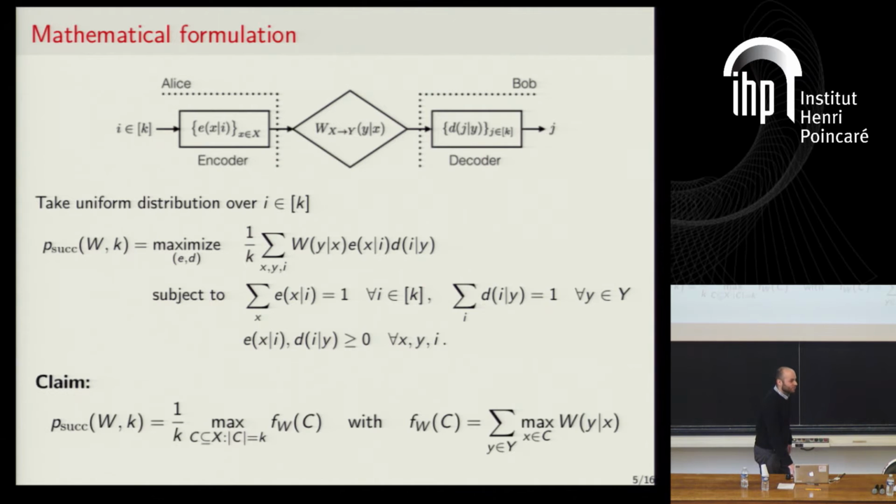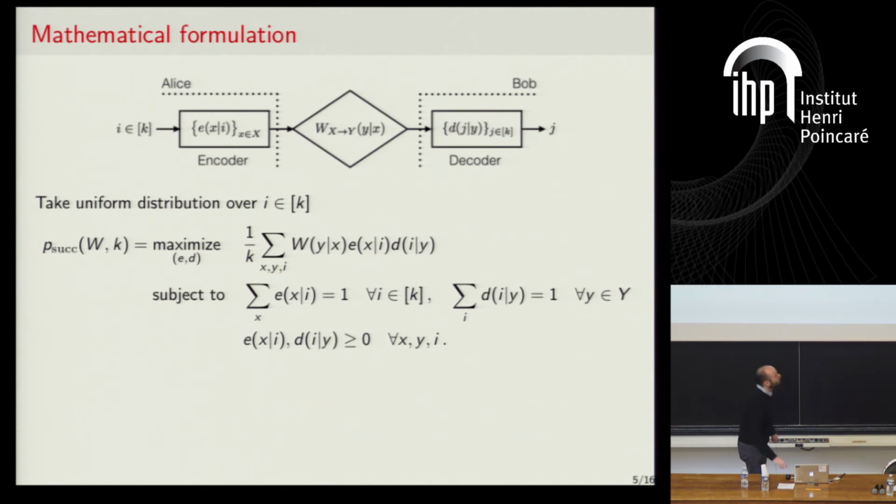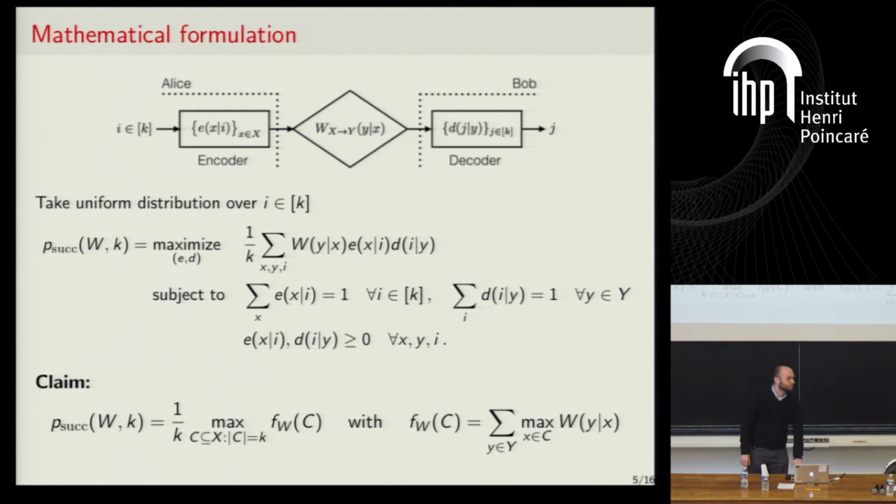And so again, I want to study it from an algorithmic point of view. Again, E and D are the variables, so this is not a linear program; it's quadratic because we have products of variables in the objective function. So it doesn't appear to be that simple computationally. But let's write it in a slightly more combinatorial way, to try to understand this problem algorithmically a bit more. Let me talk about this claim, which I think will not be surprising at all.